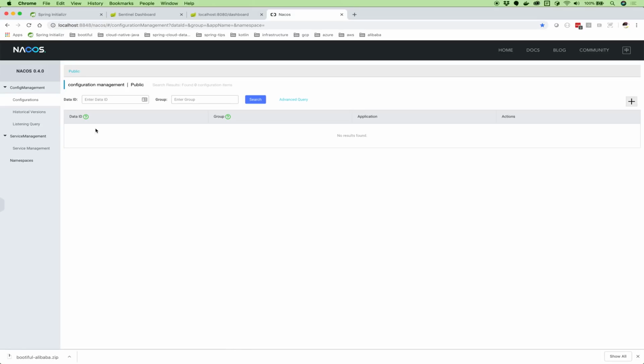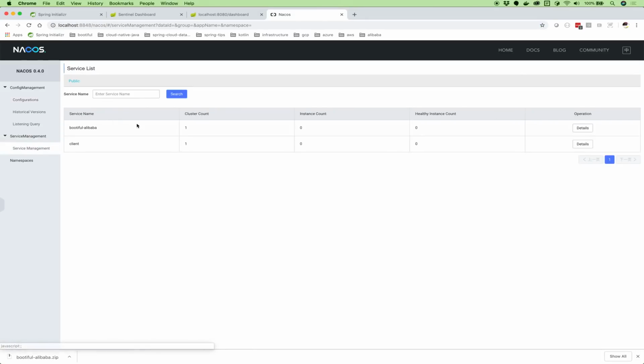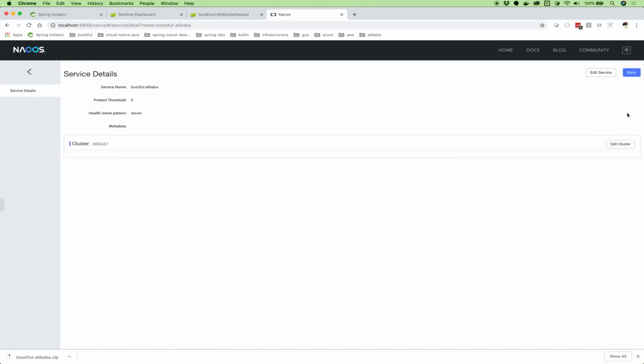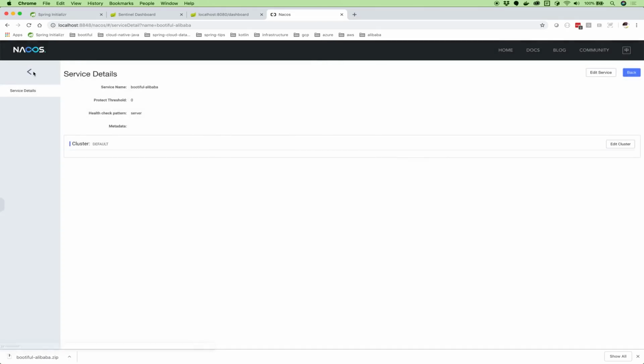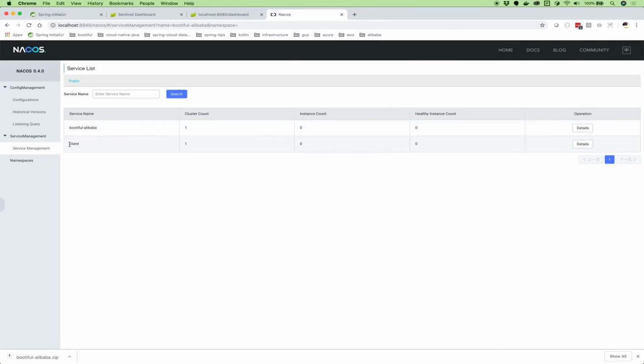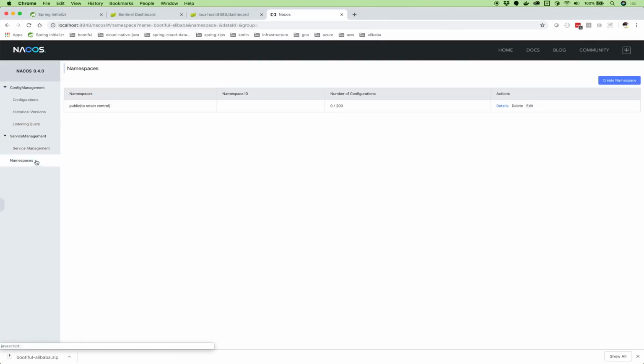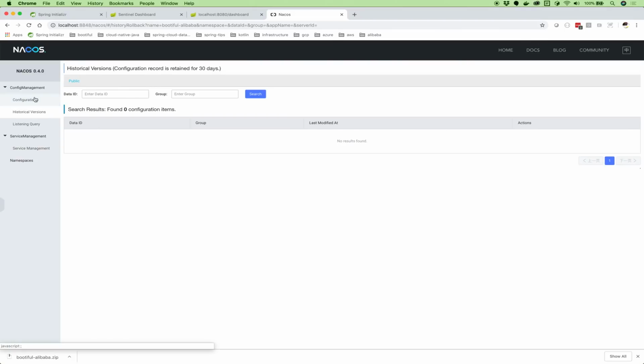Let's say that I wanted to participate in service registration and discovery, right? I've got the dependency there. This might be the old instance of it. I'm not sure. Let's see, details. Edit this service. Okay, there's an example of a thing that's not quite yet translated, but we don't need to worry about it anyway. So there you go. We've got that. We've got the service registration, discovery support, and configuration.